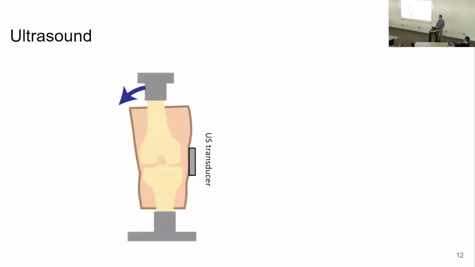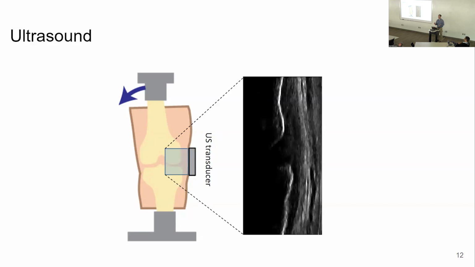So the last thing I want to go over is I'll show some images of ultrasound. I just want to go through what we're looking at when we look at an ultrasound image. So this is my creation of a cartoon knee right here with an ultrasound transducer on the side of it. Ultrasound sends sound waves, just like it sounds, and these sound waves reflect off different tissues or bones within the knee.